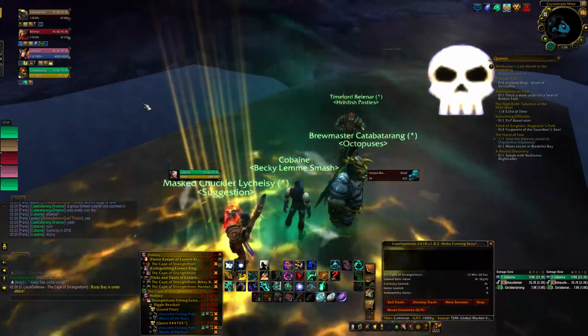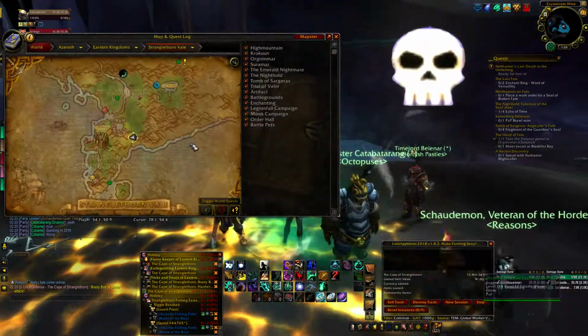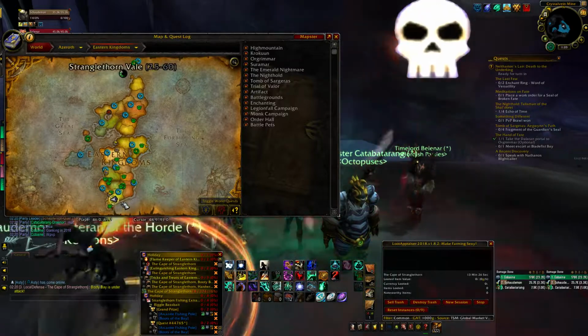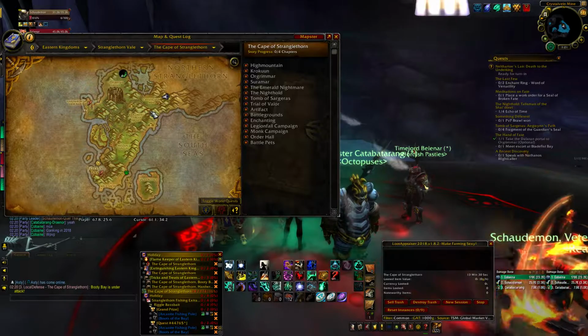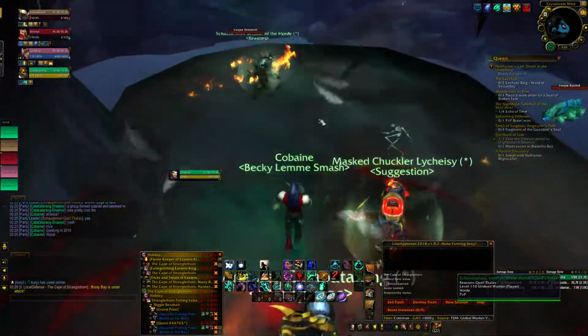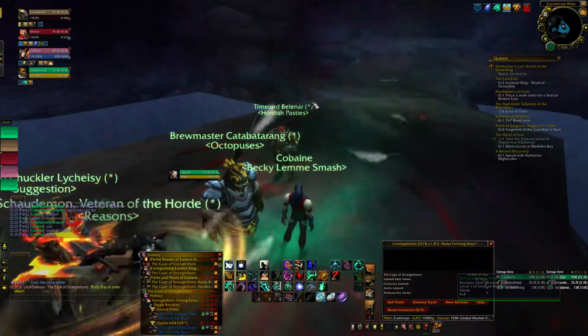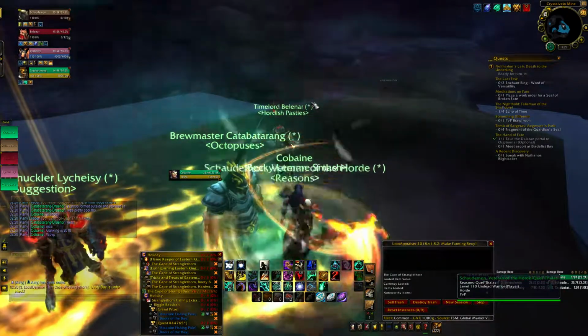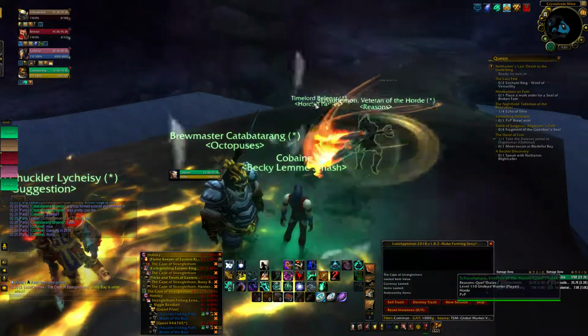I think all of you have heard that the chromatic sword drops again from Scalebelly, which is located in Eastern Kingdoms, Stranglethorn Vale, the Cape of Stranglethorn, and right here in Crystal Vein Mine. You just have to get on this ledge and wait for Scalebelly, which is a rare spawn, to spawn. Scalebelly was removed in Cataclysm and only a couple of chromatic swords were available on the auction house,